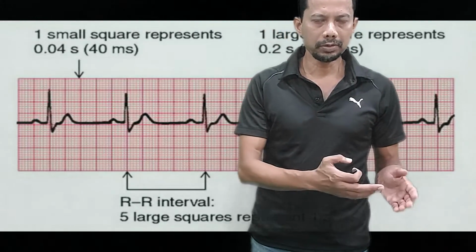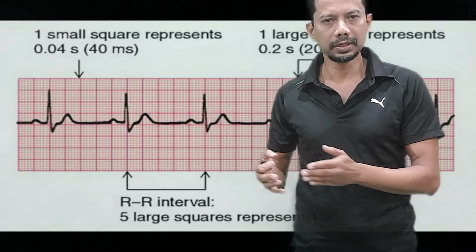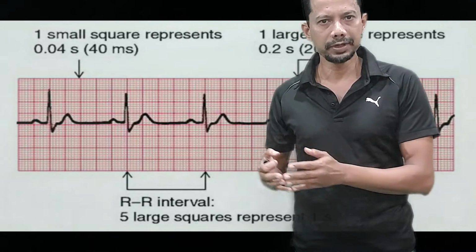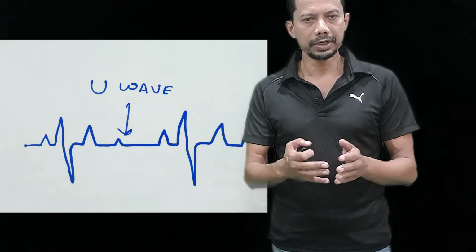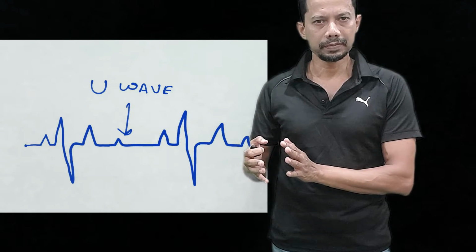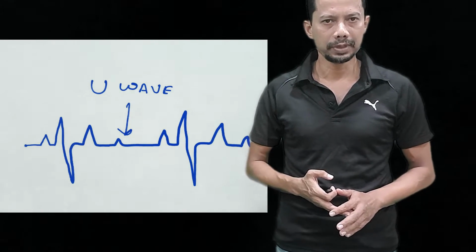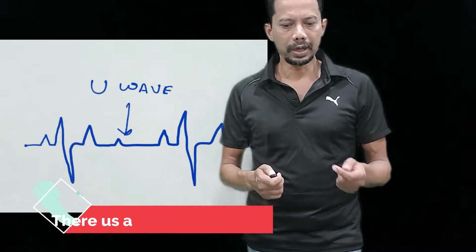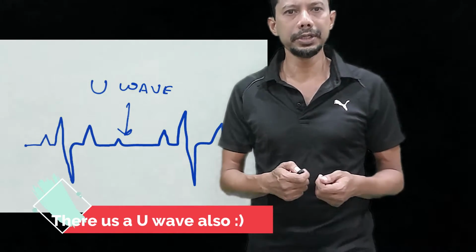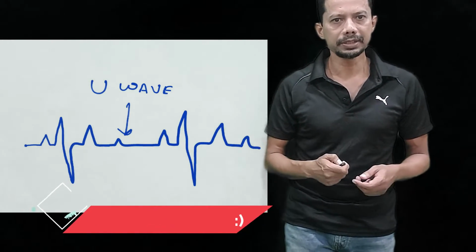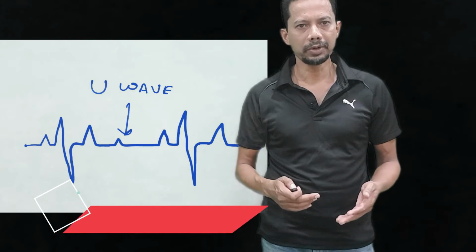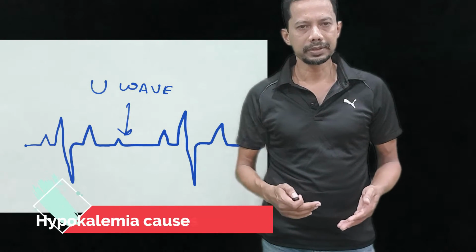And we also know about the different complexes in the ECG recording, the P wave, QRS, the T wave, PR interval, QRS duration, PR duration, QT interval, the T wave and its duration, the ST segment, and so on. At this point I would also like to tell you that there is a small positive U wave that follows the T wave, and sometimes it is seen normally. Some believe that it is because of the depolarization of the papillary muscles.